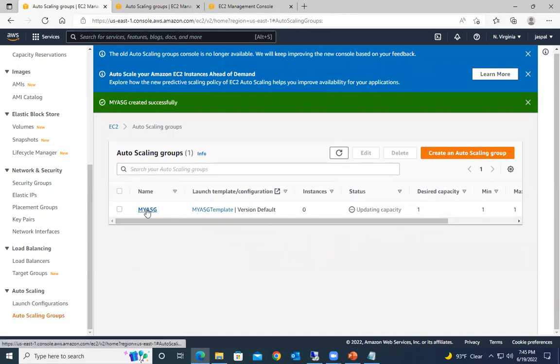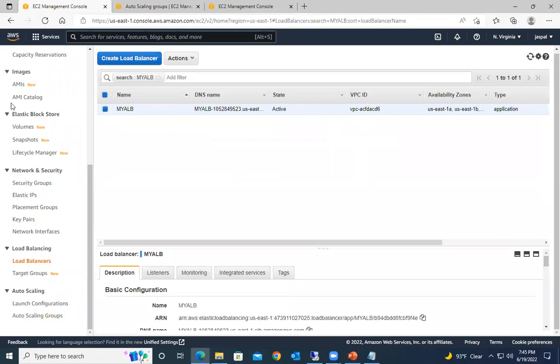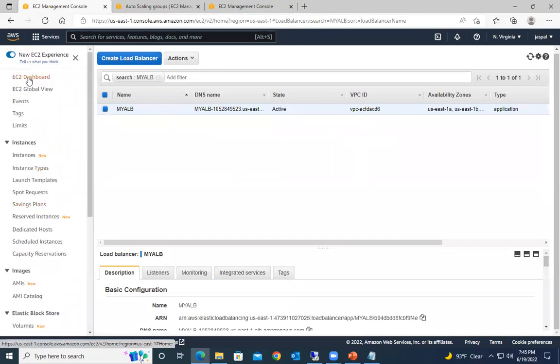So that's it. This auto scaling group is up. Now let me go to my load balancer. I hope it is up. Even now we can check it over here. If I go to the EC2 dashboard,